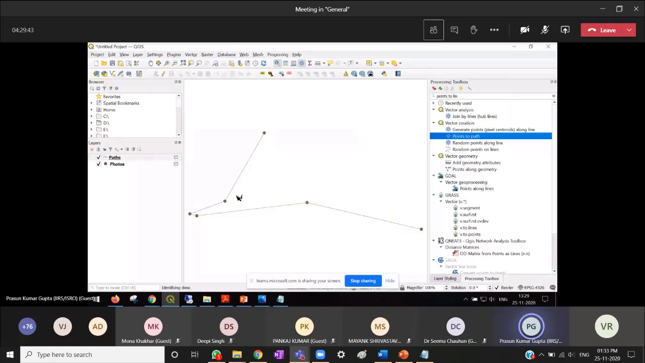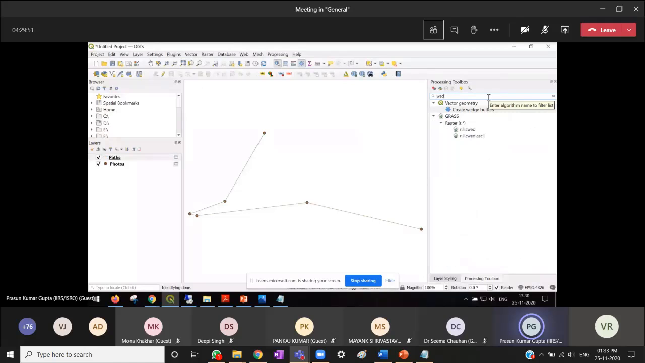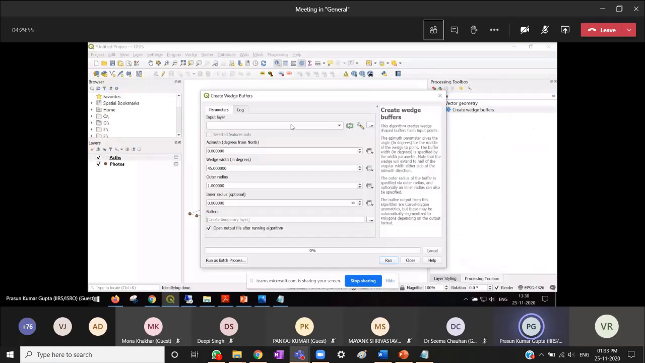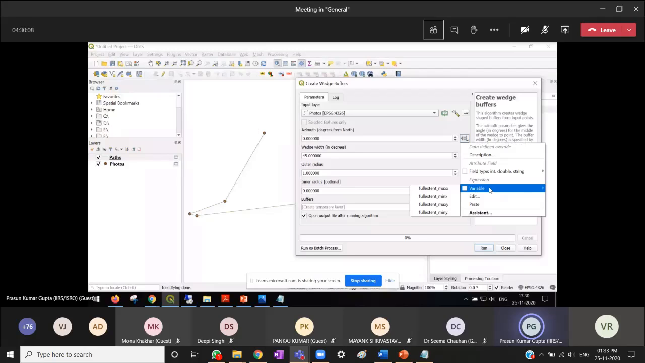Now, I told you I have the compass bearing, so I can create something called wedge buffers. Now, buffer you have heard, okay, circular buffers you can create. But I want to create triangular buffers based on where I was facing when I took the image. So I was facing in this direction variable,